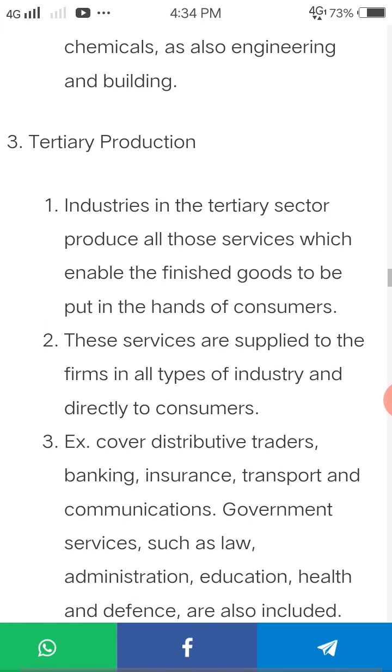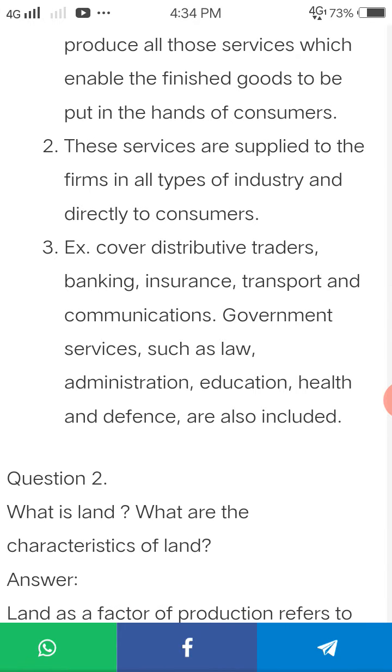Third production is the tertiary production. First point, industries in the tertiary sector produce all those services which enable the finished goods to be put in the hands of consumers. Second point, these services are supplied to the firms in all types of industry and directly to consumers. Third point,